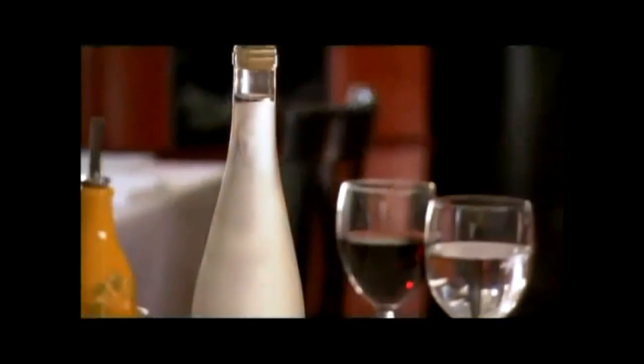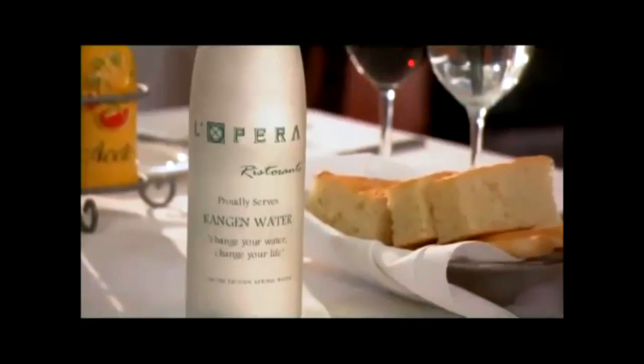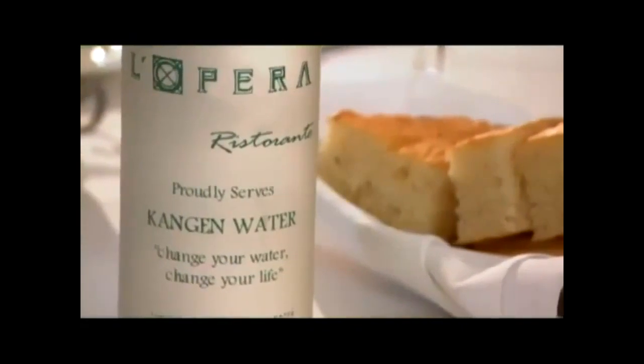I said to my partner, we have to come up with a way of actually creating a niche for it. And at that point, we shopped around to choose the right bottle for us. And little by little, I actually replaced the brand of natural water that we used to use, and now it's only the Kangen water. What I use here at L'Opera is just quality ingredients, and of course Kangen just fit